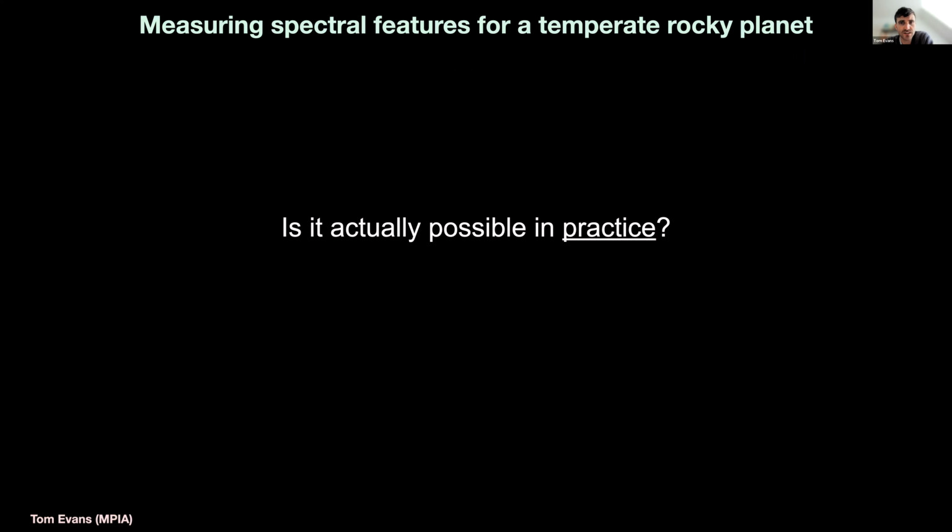So I was initially surprised and skeptical that it would only take around 10 transits to measure spectral features in the atmosphere of a temperate rocky planet with a high mean molecular weight atmosphere. Because as an observer, I've had quite a bit of firsthand experience acquiring data and it being trickier than you initially may have thought to deal with in practice, compared to what the case might have been on paper with hypothetical instrument noise and models of the atmosphere.